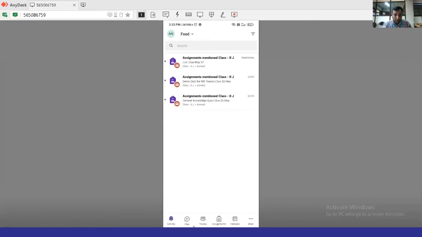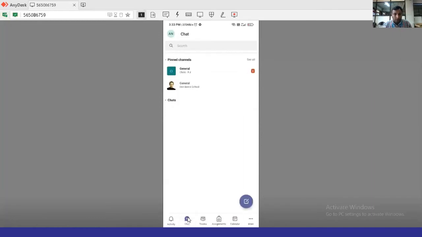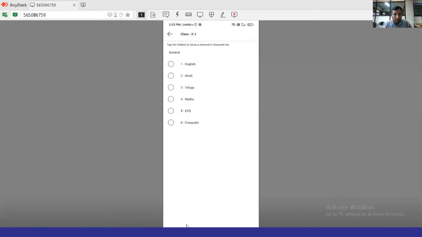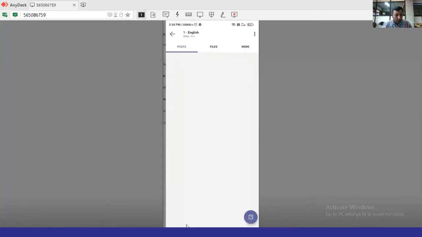The next one is Chat, where whatever chats are done are shown, and also the teams which are available. For example, if I would like to see the second standard J English subject, I can just go to second standard J and click on English. Respectively, I'll be able to see whatever posts have been made for that subject.